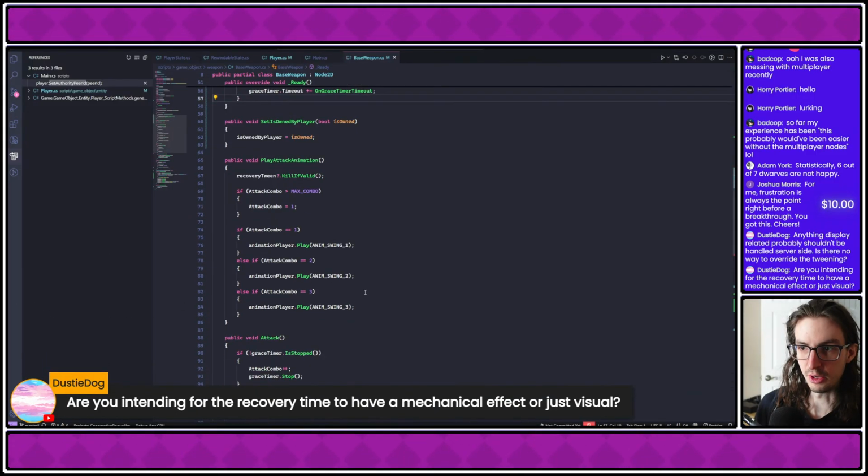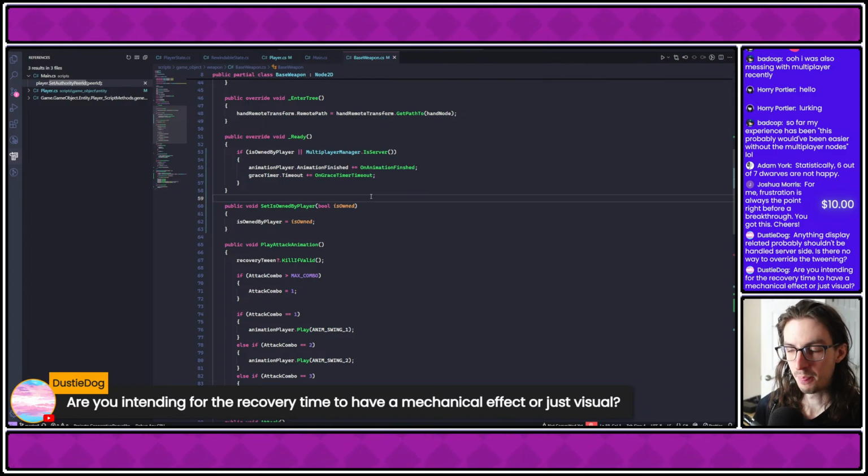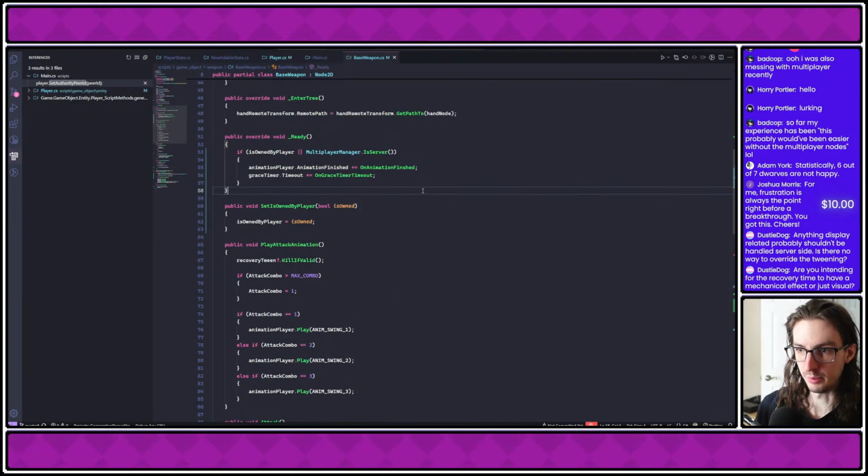Well, the recovery tween needs to happen after the mechanical effect. So the recovery tween needs to start after the grace timer runs out, right? But I either need to synchronize the grace timer across all the clients so they can all play the recovery tween at the same time, or I have the server manage the timing and then send a notification to all the players that they should start the recovery tween for that peer, right? So the problem here really is just the timing. How do I get all the clients on the same page as to what the grace timer is? Maybe I'm overthinking it, but if the server owns the timing,